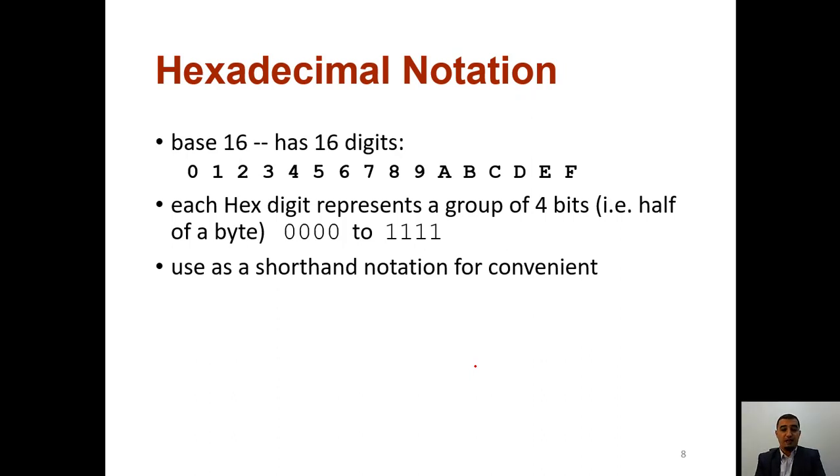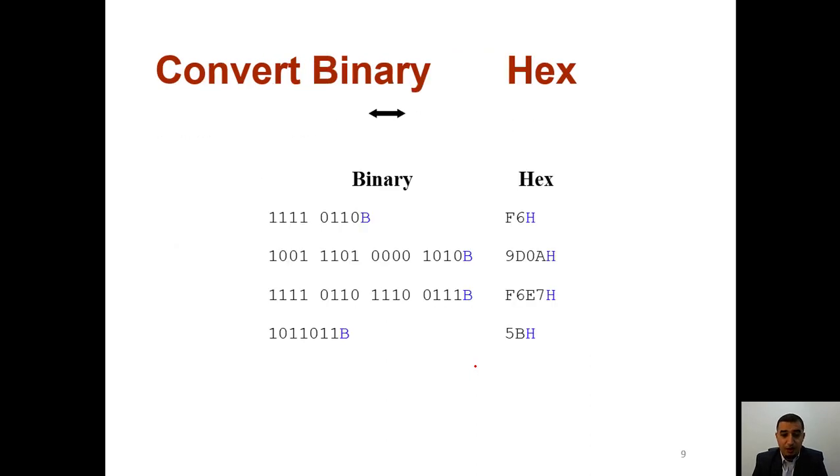Now, when we have a base 16, as we know, which is hexadecimal, it is from 0 to F, and a shorthand notation for convenience. Here, when we have hexa, we will write H after it. And when we have binary, we will write B after it. Okay? So if I say F6H means F6 hexa,